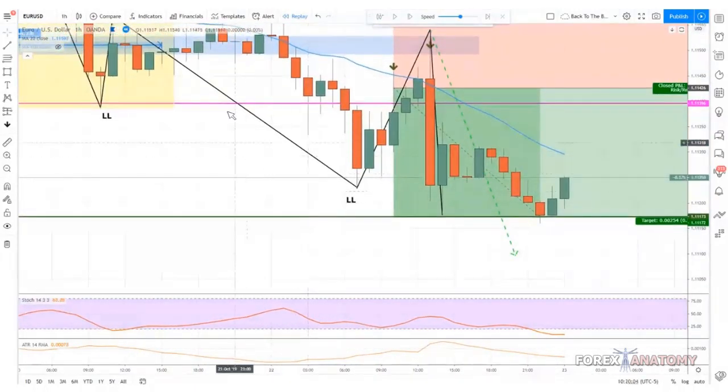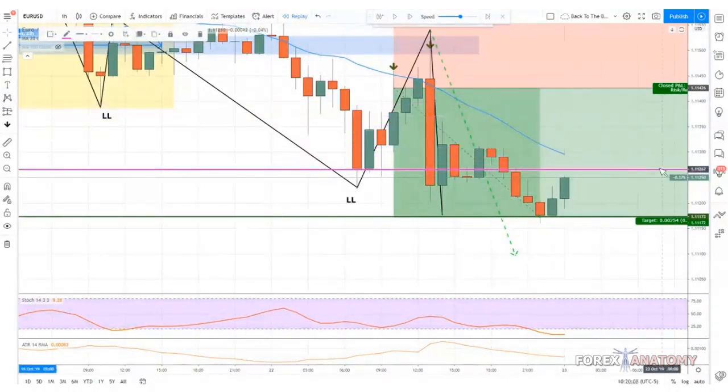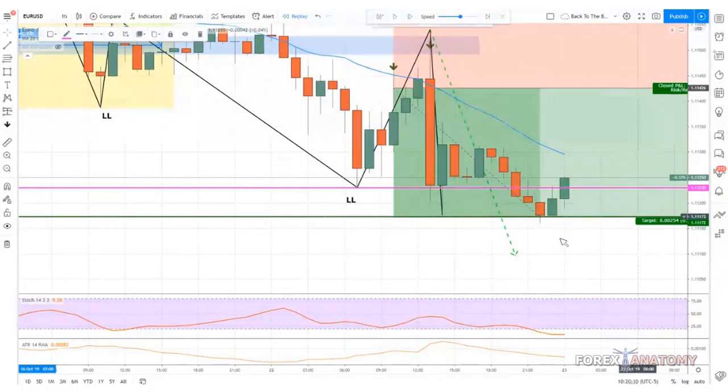Okay, so let me just do this. Let me take this line right here and drag it to this low. So then on this move lower, we saw that price pierced this level. It did create a lower low, but what did not happen? Alex said the true low is the one that closes below the previous low. Yep, exactly. It needs a lower low and a lower close before the previous low.